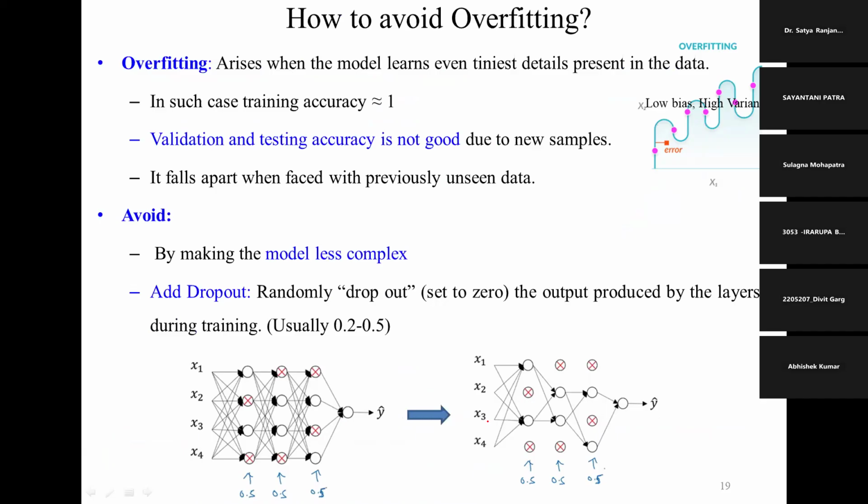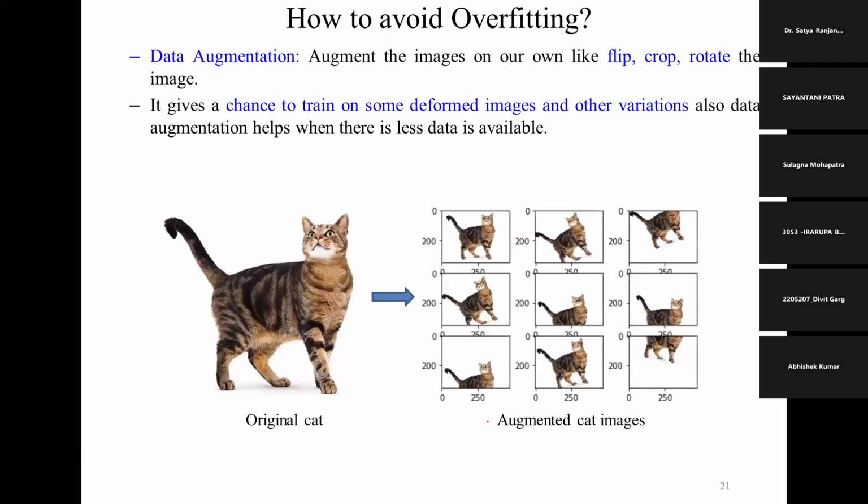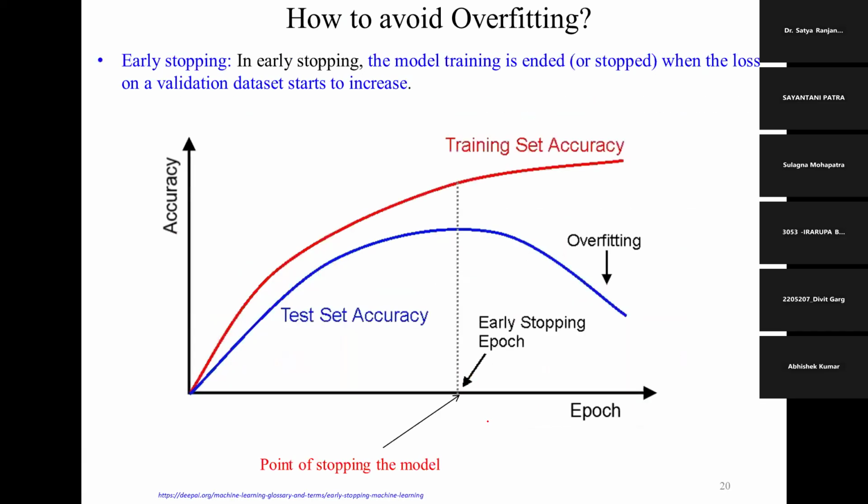It means if we always train with the front side of my picture and you want to test with my lateral side or my back side, then with the front side you get 100% accuracy, but when you test with my back side or lateral side, you might not get good accuracy. That we call the overfitting problem. Some students tell us they are facing the same situation: the training accuracy is 100%, but the validation or testing accuracy is not quite good. At that time we say the model is seriously overfitting. So what do we need to do? The first one is early stopping. What is early stopping?